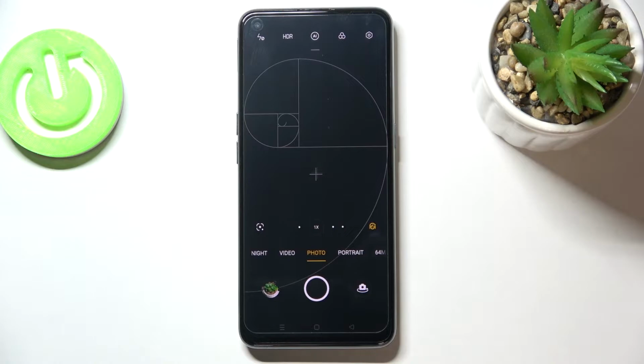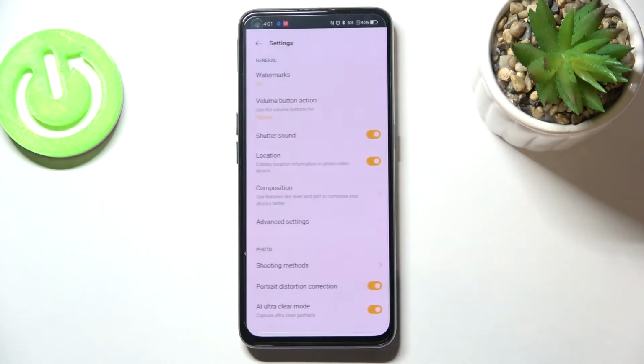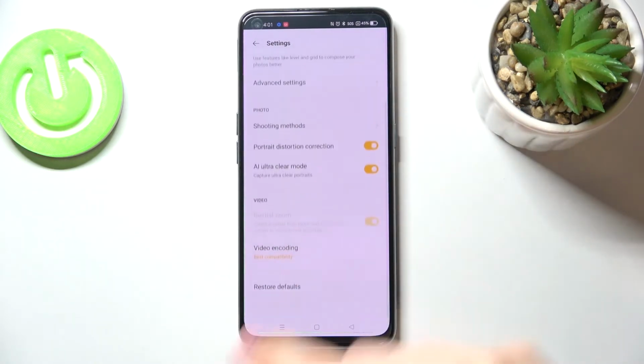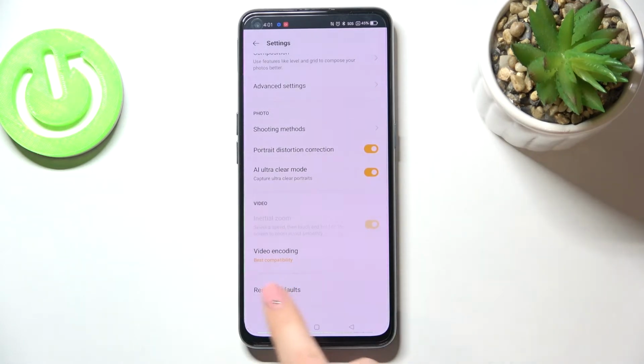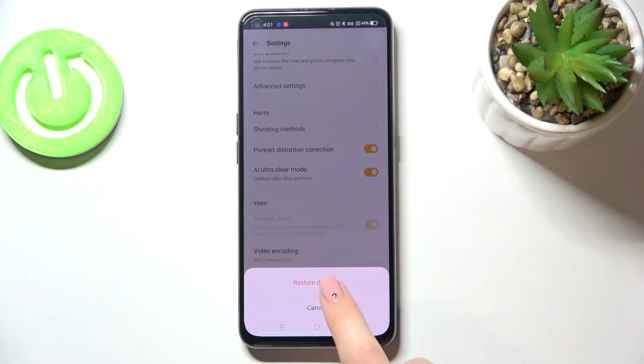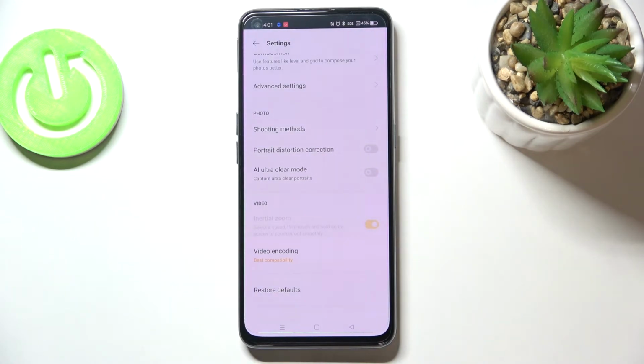So if we are on the camera, we can enter the settings which are in the right upper corner, and here we have to scroll down to the very bottom. As you can see, we've got Restore Defaults, so simply tap on it, tap on Restore Defaults, and actually nothing